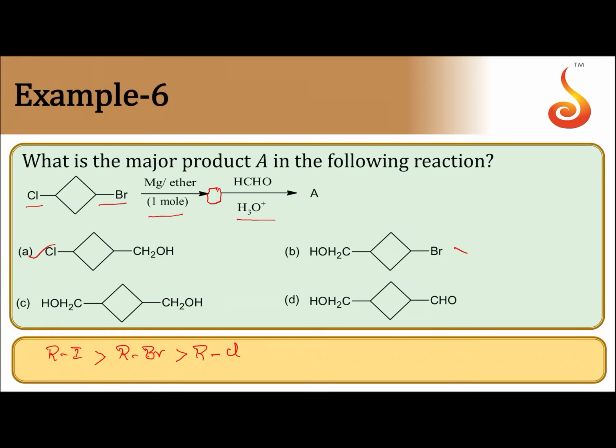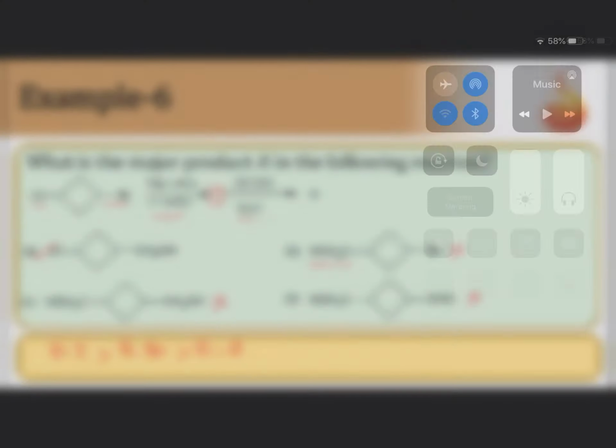Now let us see why option B is wrong. Option B is wrong because bromide is more reactive and should react to form the Grignard's reagent, but in option B they show that chloride is reacting. So option B is ruled out. In option C, they show that both chloride and bromide are reacting, meaning both should form Grignard's reagent, but there is only 1 mole of magnesium. So option C is also ruled out. And option D is also ruled out because we will not get an aldehyde here. So that is your answer. Your answer is